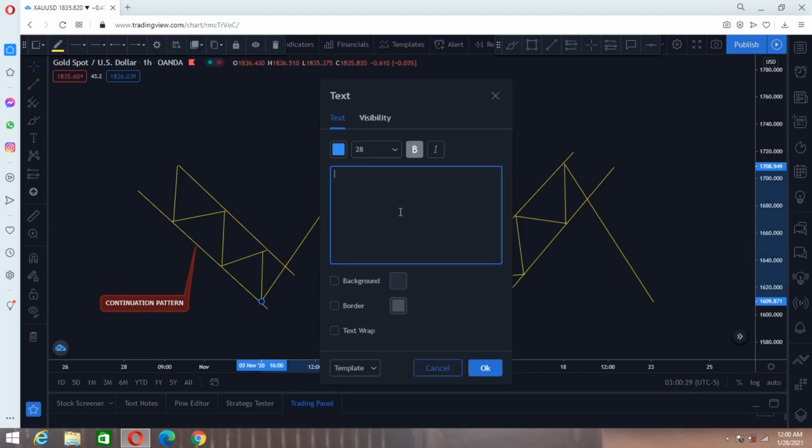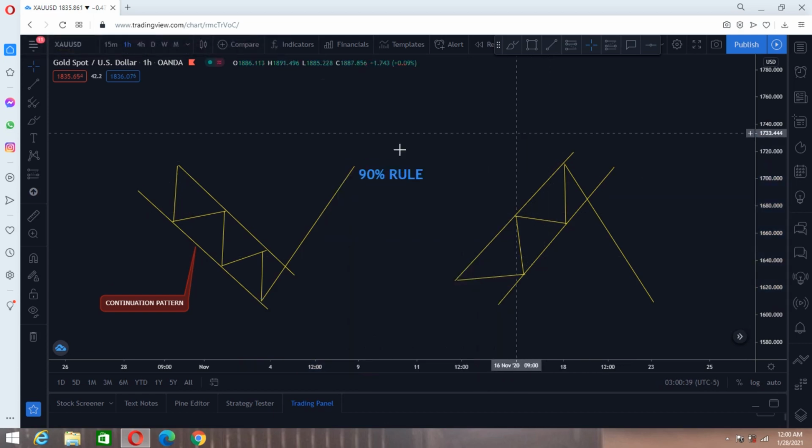So you shouldn't forget this, guys. Every time we have a pattern, when it breaks, it usually hits our target pattern, so we call it the 90% rule. The other thing I want to show you guys is that there are two entries that you can trade. The first one is the risk entry. Normally the risk entry